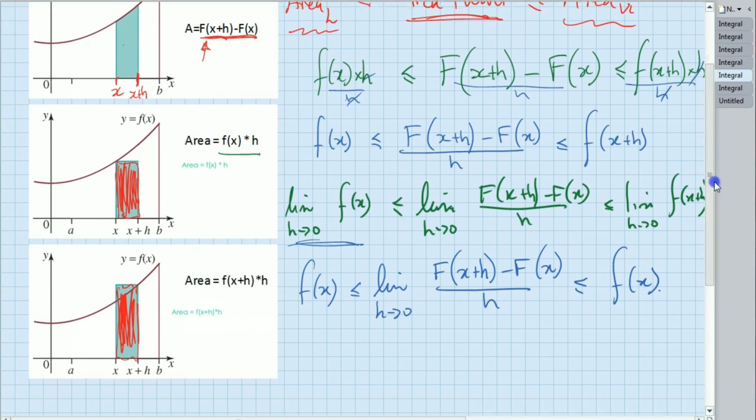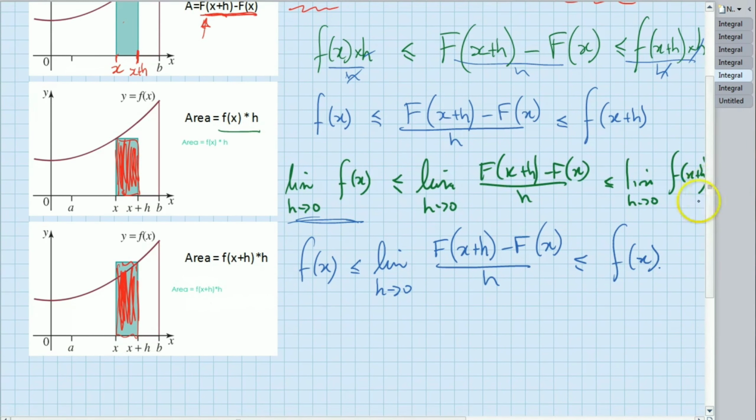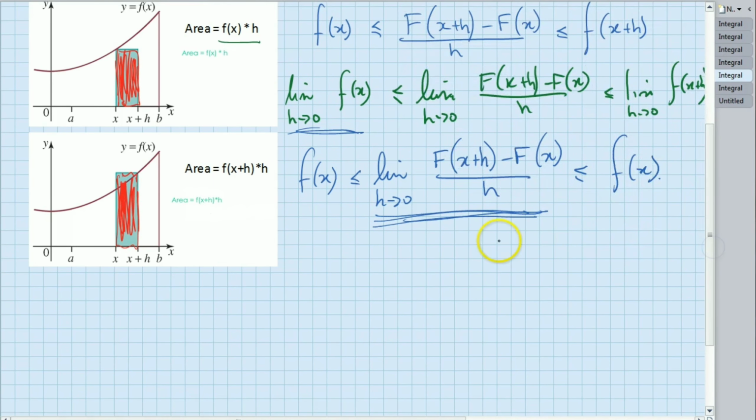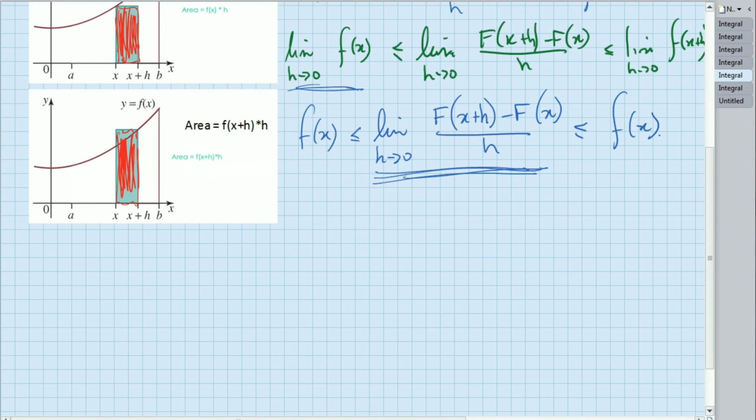And so now we have this very interesting situation where the limit as h approaches 0 of this function here has to be greater than or equal to f(x), but less than or equal to f(x). So the only way that this expression can be both greater than or equal to f(x) and less than or equal to f(x) is if in fact it is equal to f(x). So what I have now is that the limit as h approaches 0 of this unknown function, remember capital F(x) is still unknown,